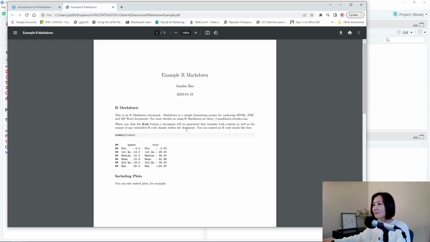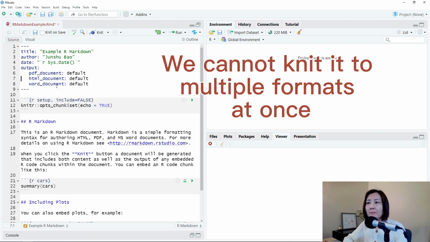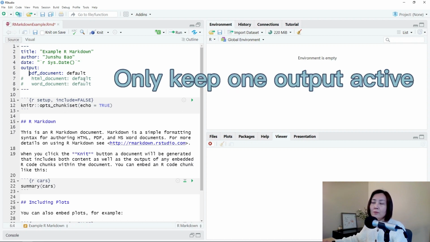All right, you see, this is the PDF file I just knitted. After we knitted this R Markdown file to 3 different formats, all of them are shown here in the output part of the header. So pay attention, usually we cannot knit the Markdown file to more than 1 format at a time. So we should make 2 rows to be comments, so that the Markdown file will be knitted to only